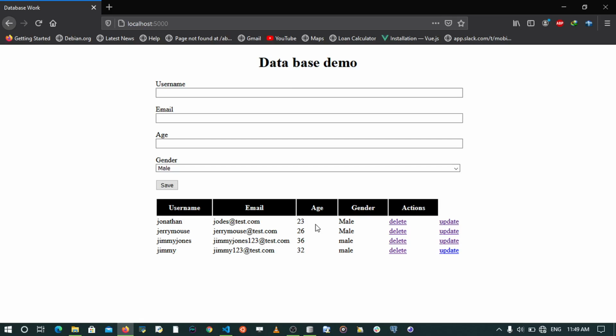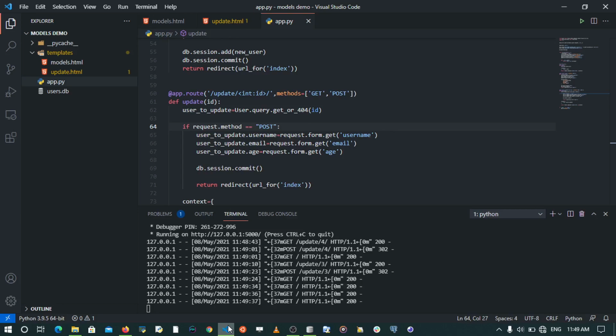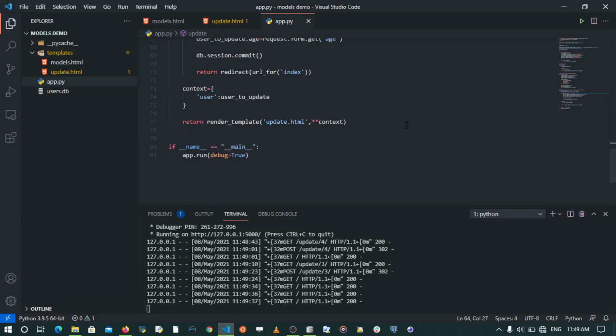Now let's go and try to delete. We have our delete routes, but currently they are not working. So I'm going to come to my code and create another route. This route is going to be responsible for deleting. So I'm going to say